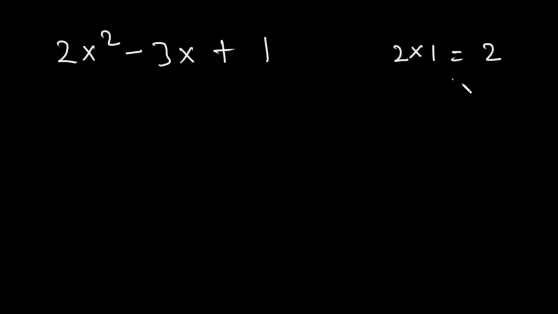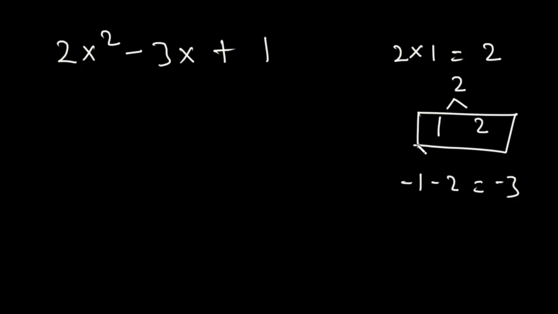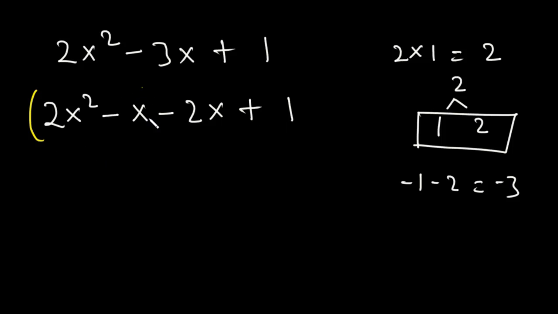So now let's make a list. Let's find the factors of 2. Factors of 2 are 1 and 2. Now negative 1 minus 2 is equal to negative 3. So we can use 1 and 2. So we can expand this expression to have 2x squared minus x minus 2x plus 1. Now grouping like terms,